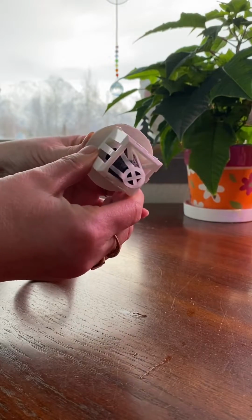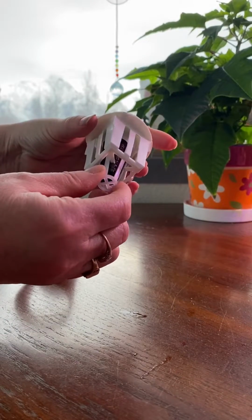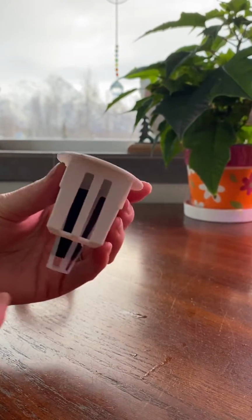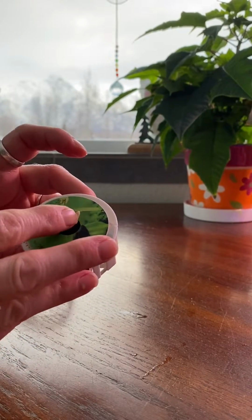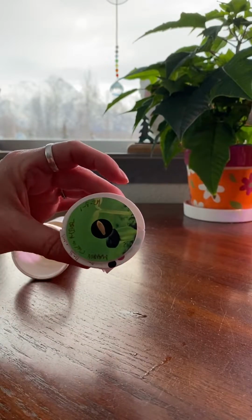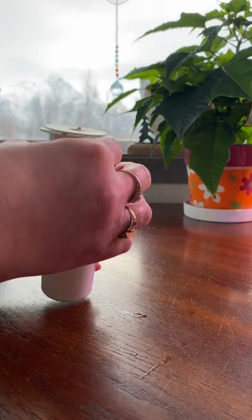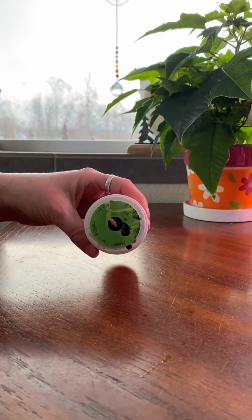And so there it goes. It just slides right in, fits in there nicely, very nicely as a matter of fact. It fits down nice and flush. It's stable, doesn't wiggle around. You can see I have a new little sprout in there right now. And then you can just put your cube in your pod, in your white pod, and put it in your